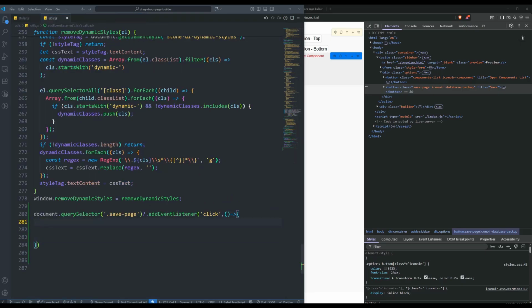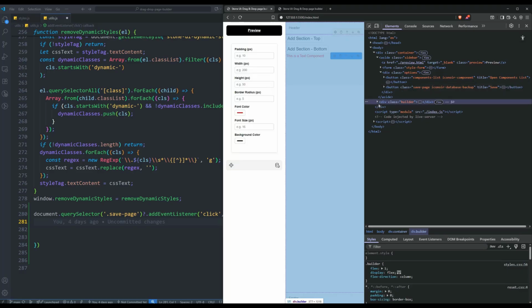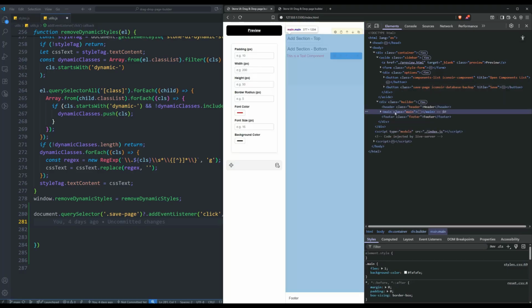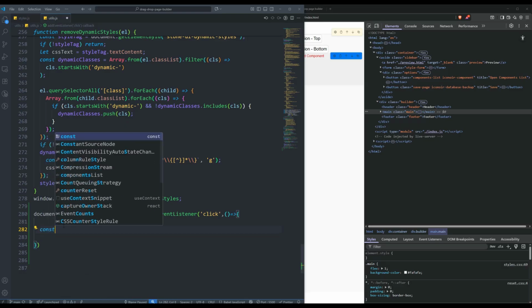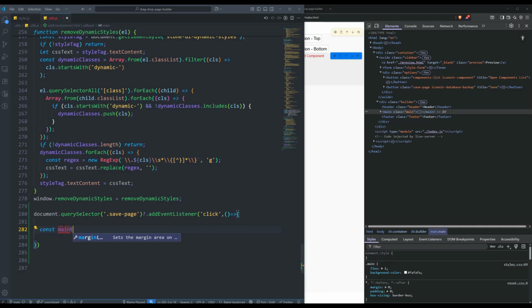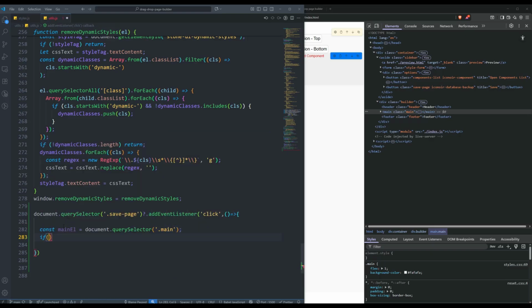Now inside it, if we check this builder HTML, it's the builder. Inside it we have the main. We are only interested in whatever we have added in the main, so we will just target this and save this main content. So for that, let's find the main element, main, and if we don't find the main element, then we don't have to save anything, we can just return from here. But if we find the main,